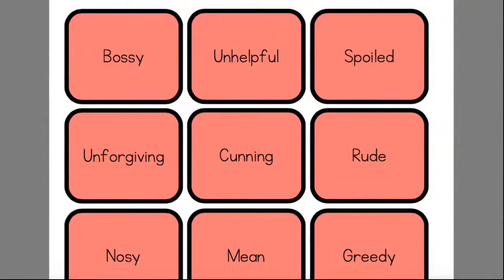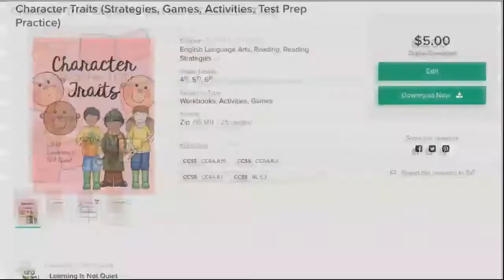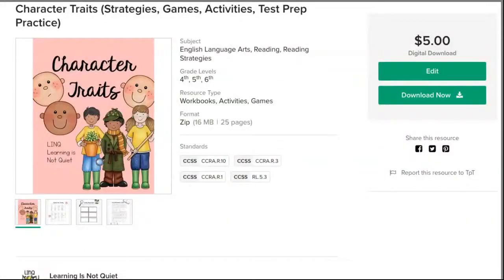Okay, so that's kind of this game. This is also helpful, by the way, when you're in that standardized learning, the testing time of year, because again, it keeps students learning, it keeps them engaged without really frying their brain. Okay, so now I'm going to move on from the character traits to this whole package of character traits, and